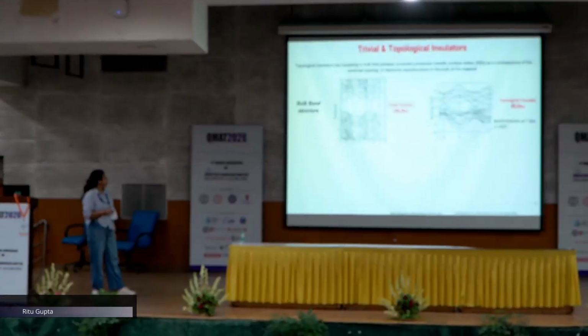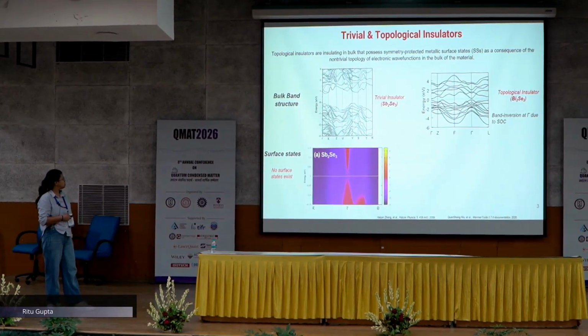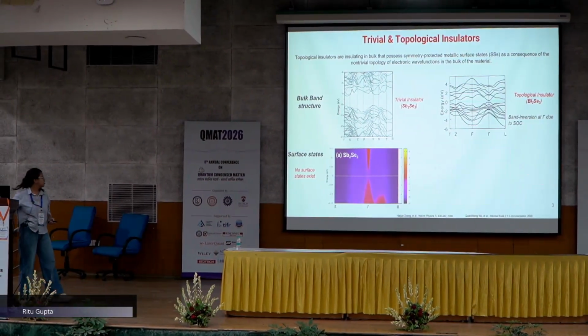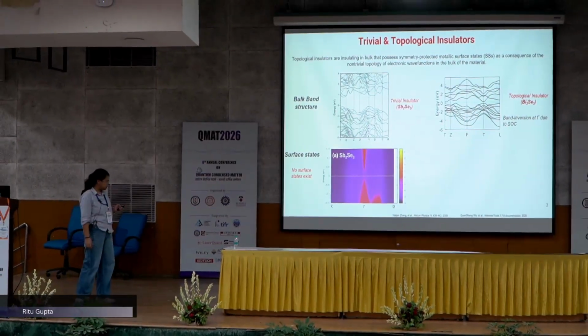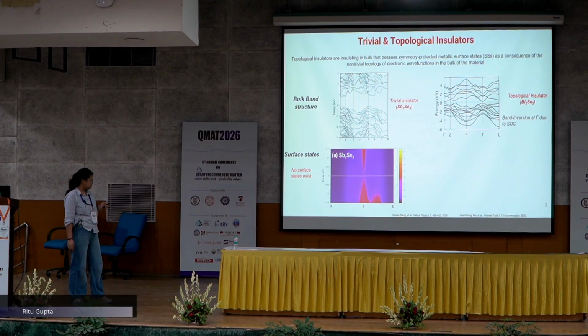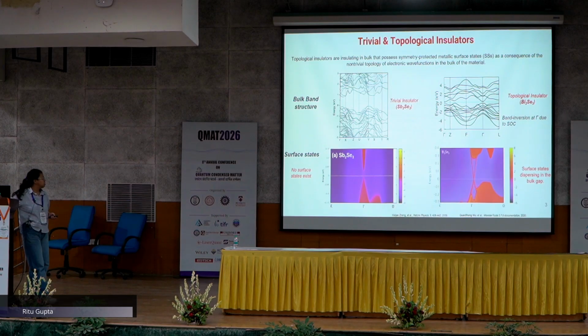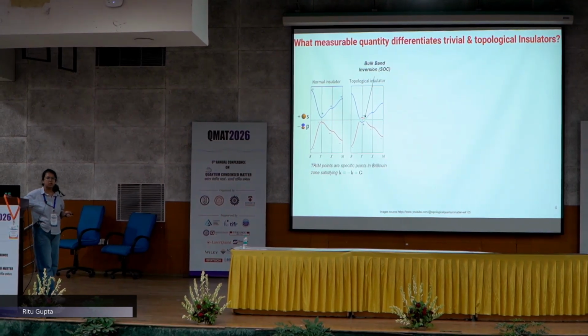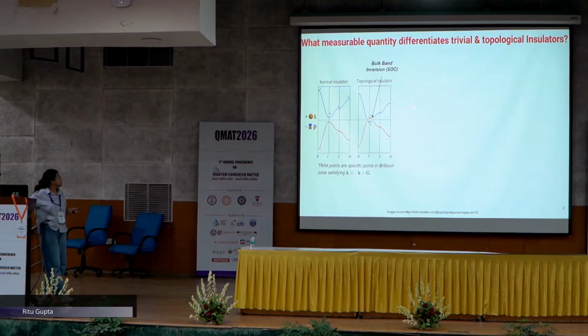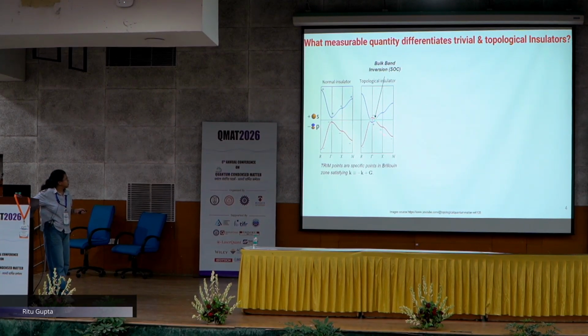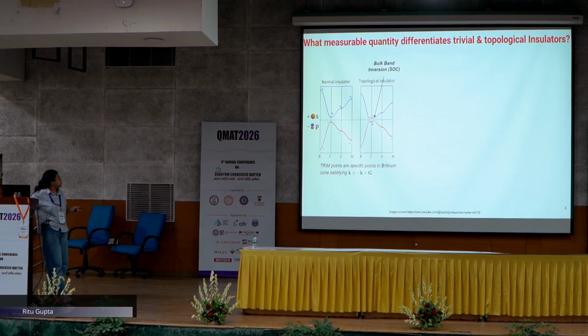And now due to the bulk boundary correspondence principle, in trivial insulator there are no surface states present, while in topological insulators there are surface states present in the bulk band gap of the material. So how can we differentiate between trivial and topological insulator? We can differentiate using the Z2 invariant. So in topological insulator, due to the band inversion,